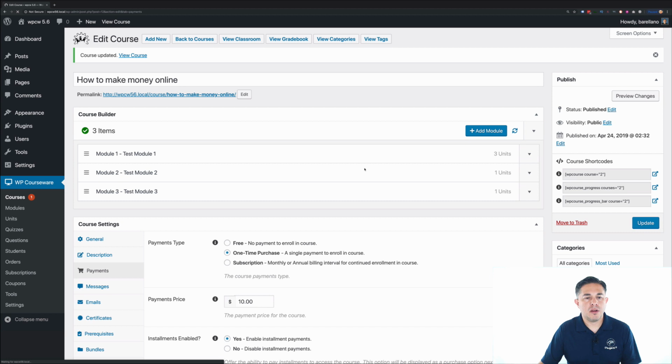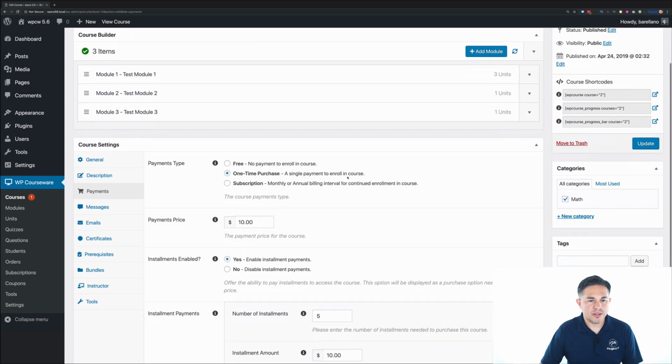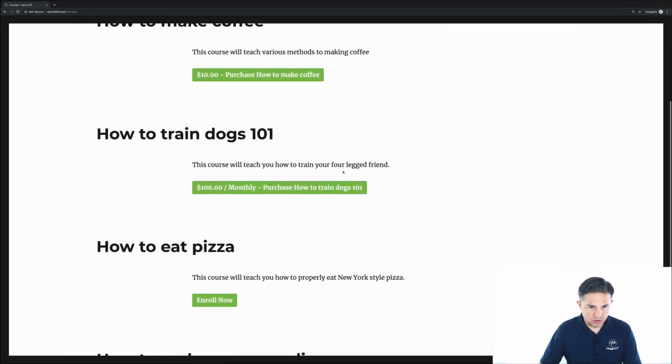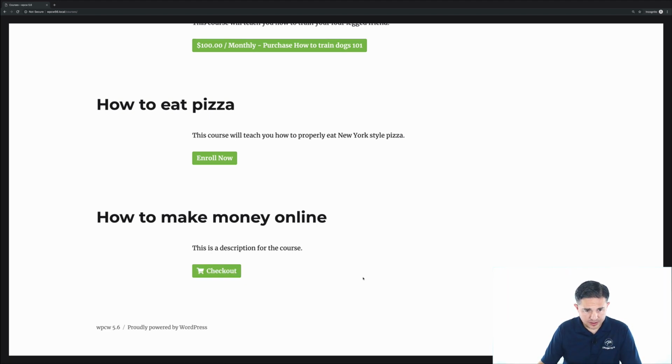And then what I'm going to do is hop over to the front end so I can kind of show you what this looks like when someone goes to check out. So if we come over to our courses page, you'll see now I've got two options here. I can either pay $10 for the course if I want to pay up front, or I can make 5 weekly installments of $10. Doesn't quite make sense. But anyhow, if we click 5 weekly installments,